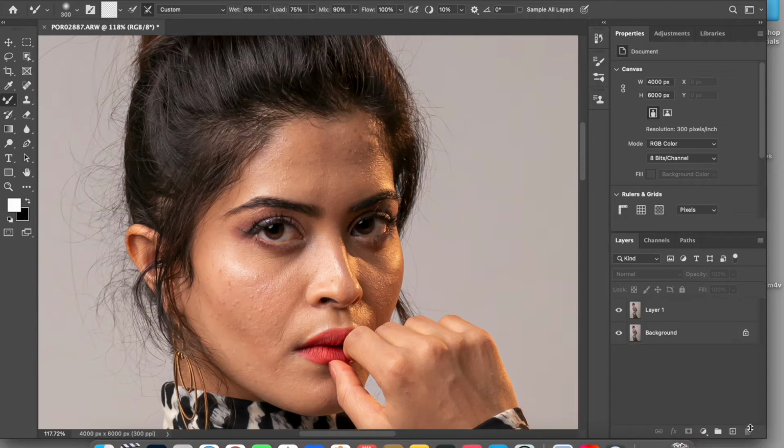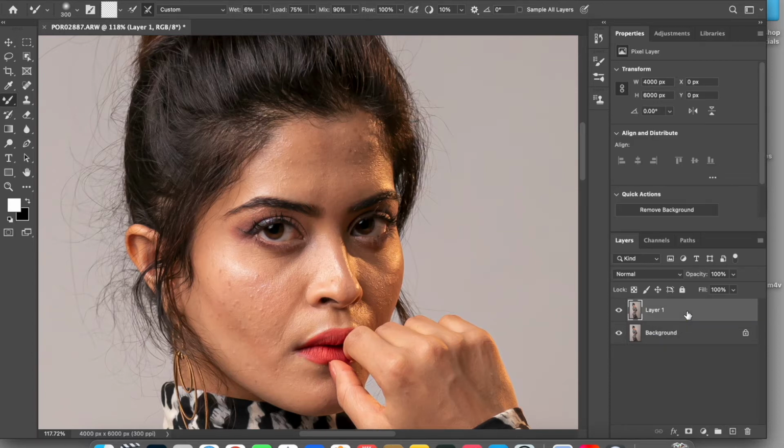You need to create a layer, and now this you can do in two ways. You can create an empty layer, or you can work on the image itself. So what I have done, I have created a duplicate of the image. You can actually work as an empty layer as well. Let me just remove this for you, and let me create an empty layer.